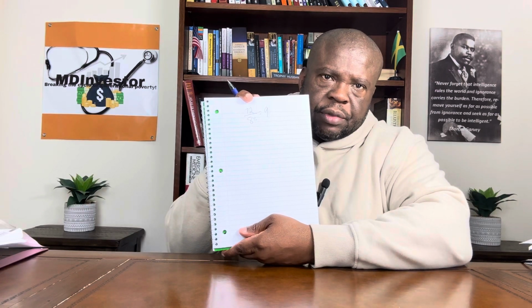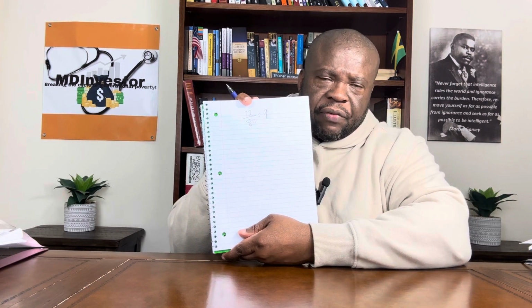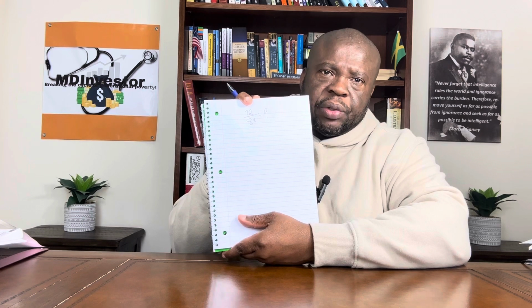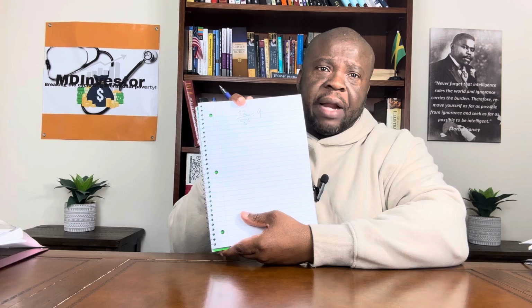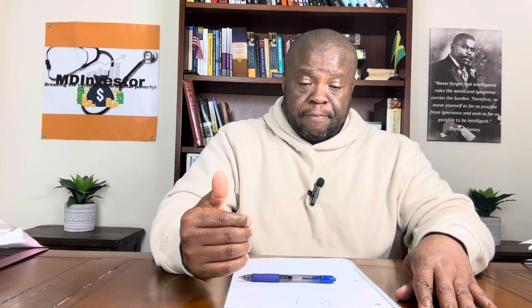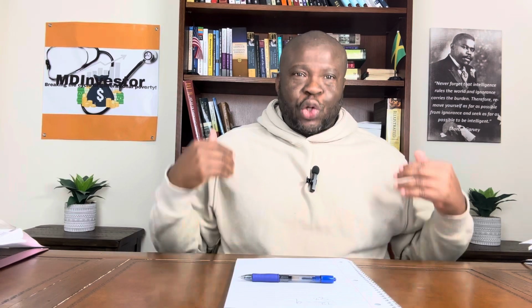Very simple. 72 divided by 8, because we're getting an 8% return on our money, equals 9. So on average, this investment with an 8% rate of return will take 9 years for our money to double. So if we invested $100,000, we can expect 9 years later to have $200,000, right? So you want to be able to evaluate that, but it's going to take 9 years.